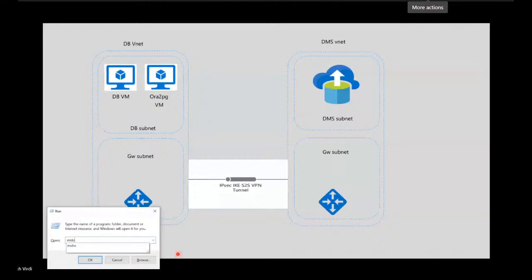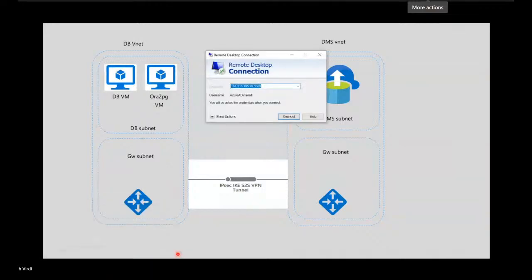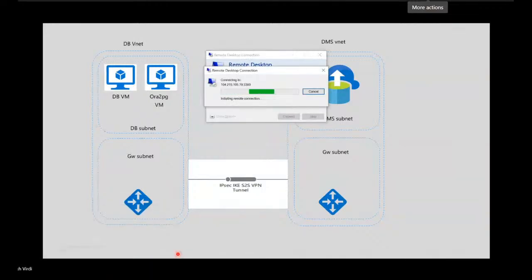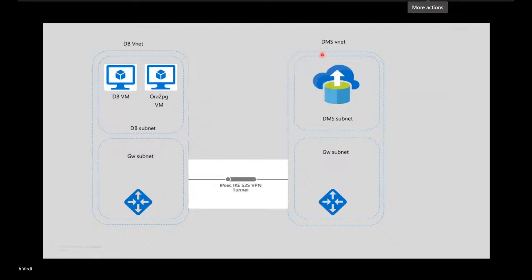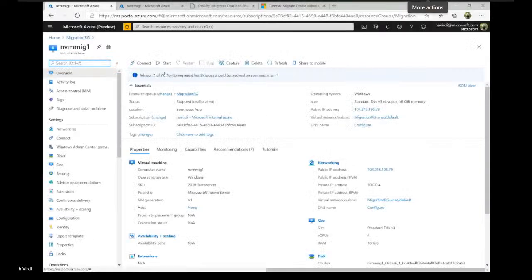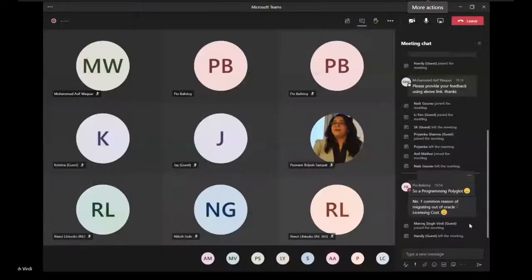Okay, my RDP is gone. Oh, okay. This is because I have an auto shutdown at 8 o'clock. Okay, sorry. Yeah, in demo environments, you have to really save cost. So by the time the VM starts up, are there any questions, anything?